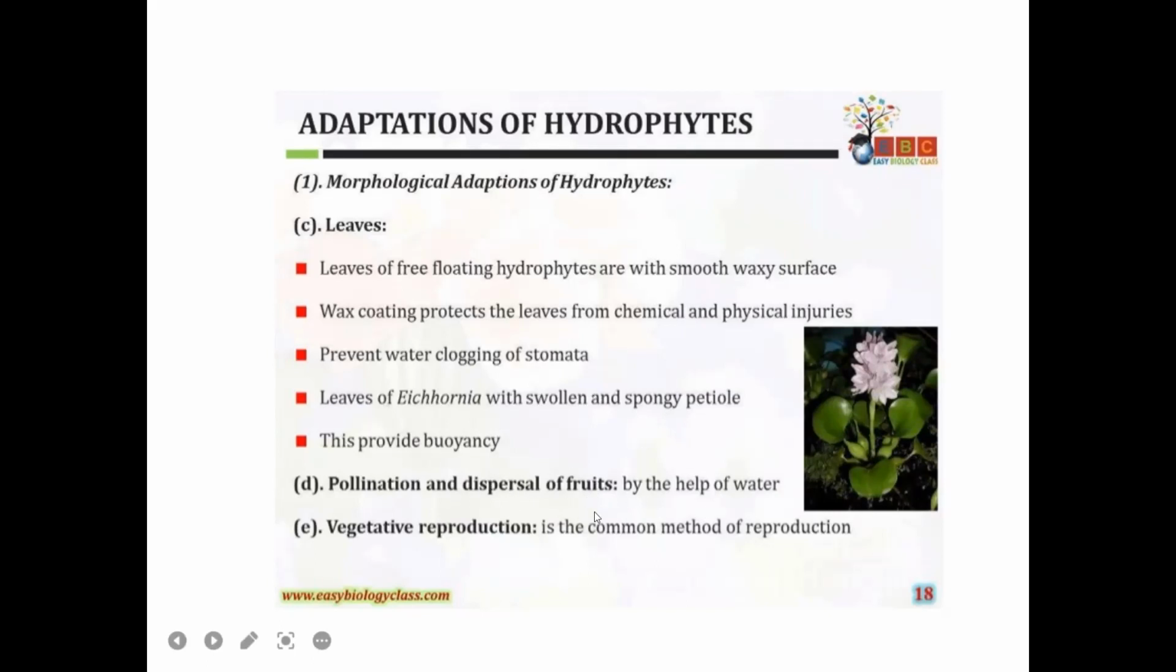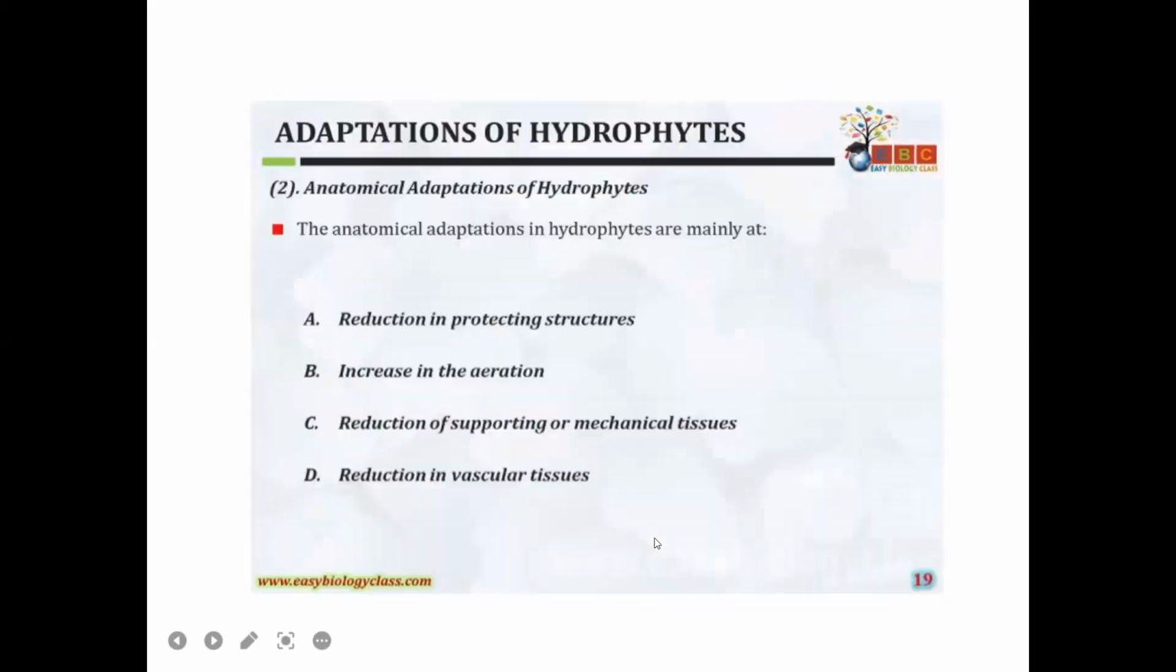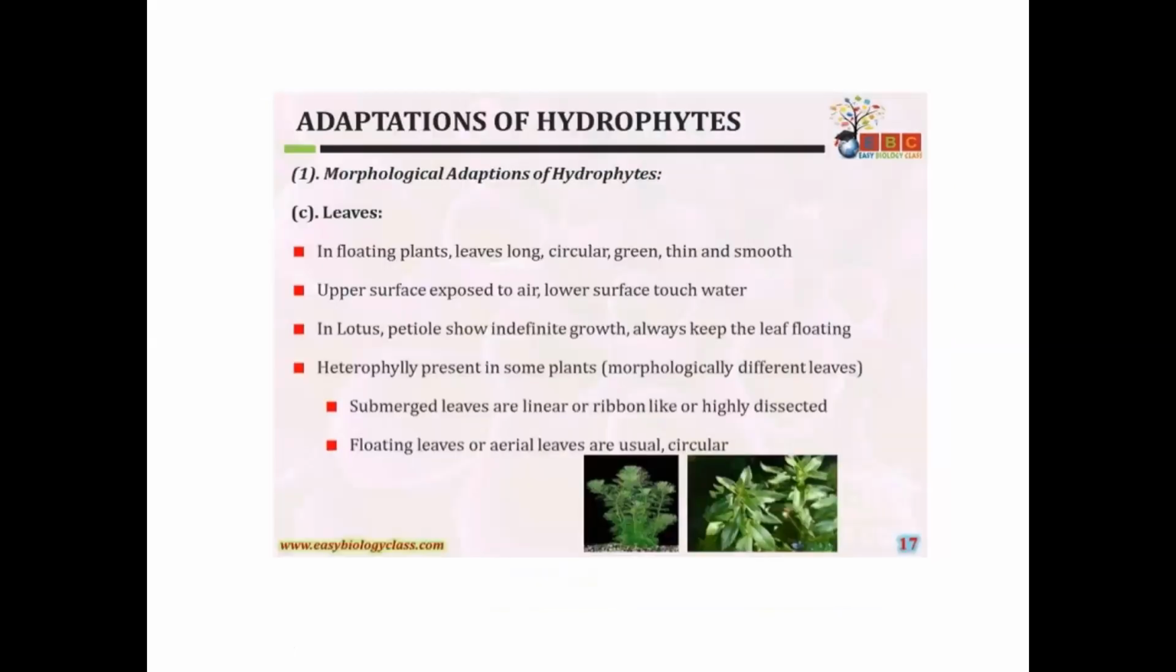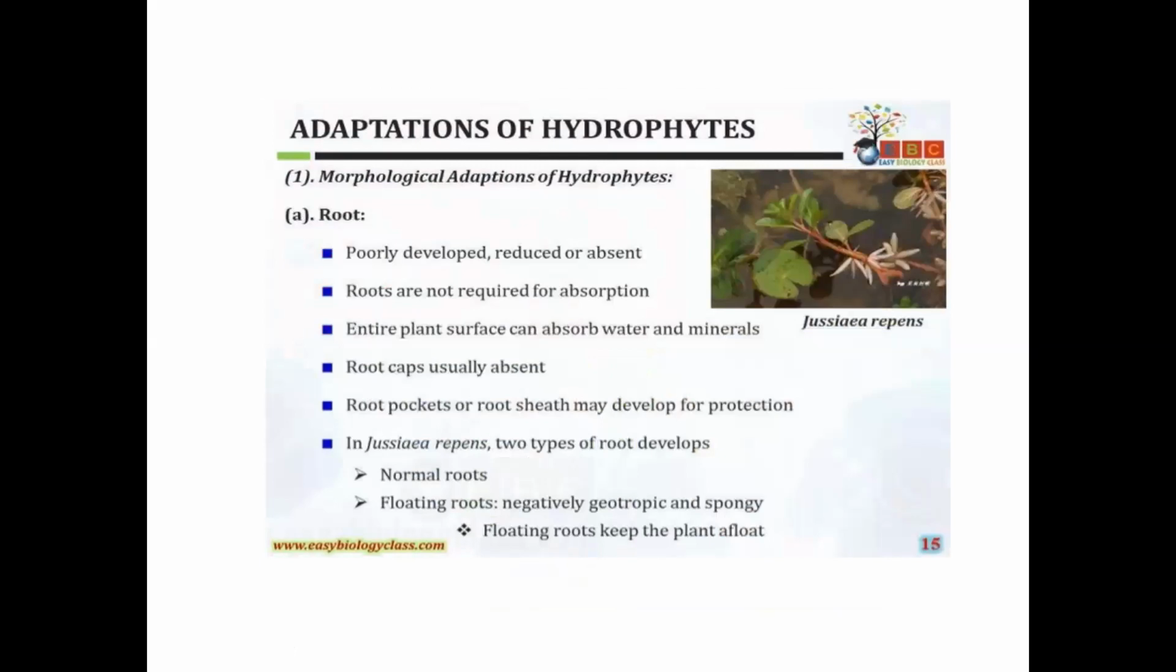So generally the hydrophytes grow in the water. So with the help of water only, the pollination and dispersal of fruits will take place. And vegetative reproduction is the common method of reproduction. So these are the morphological characters of the hydrophytes. First one is the root system, that is a poorly developed root system is seen, and it